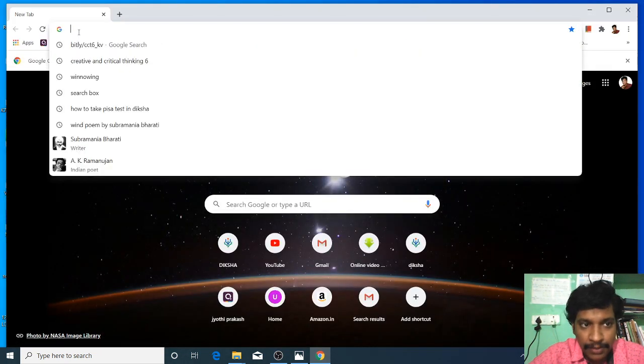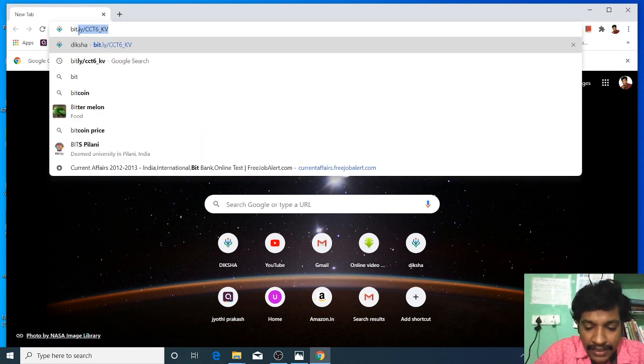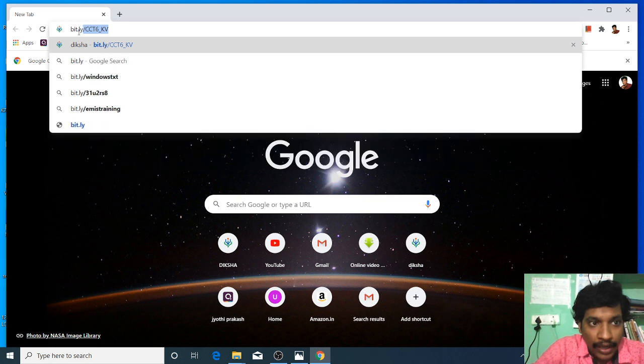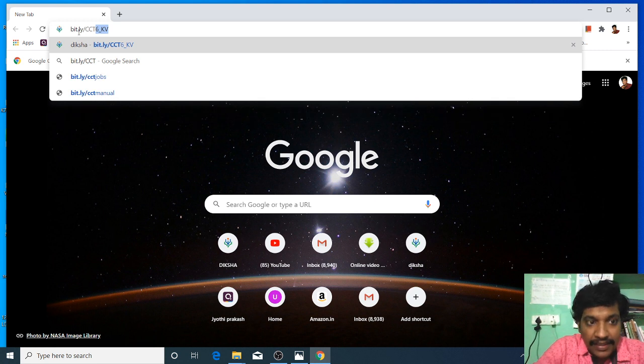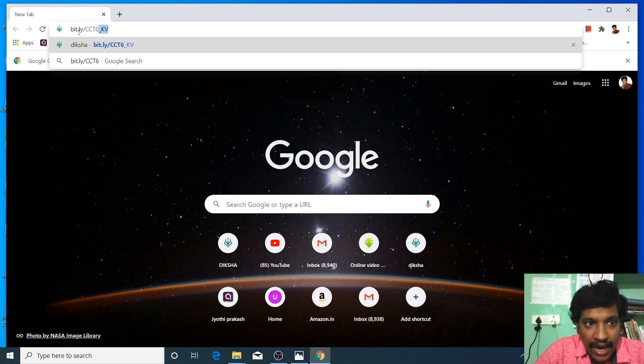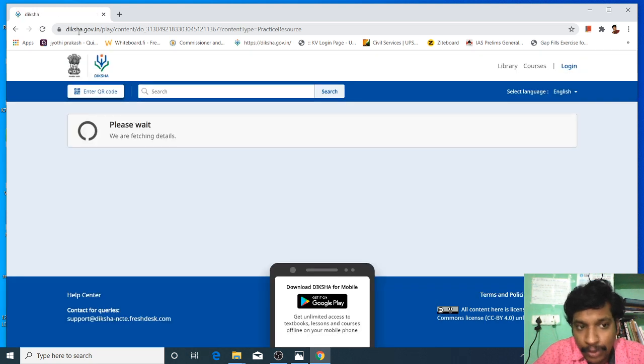There in the search box, you have to type bit.ly capital CCT 6 underscore capital K capital V. Then you have to press the enter button. Then you will be directed to the Diksha web portal.